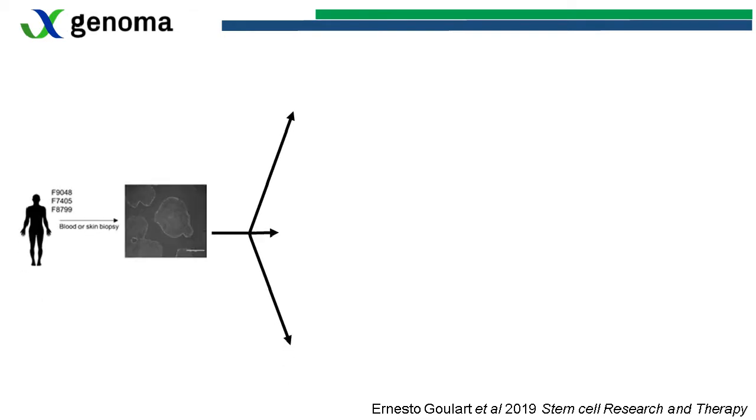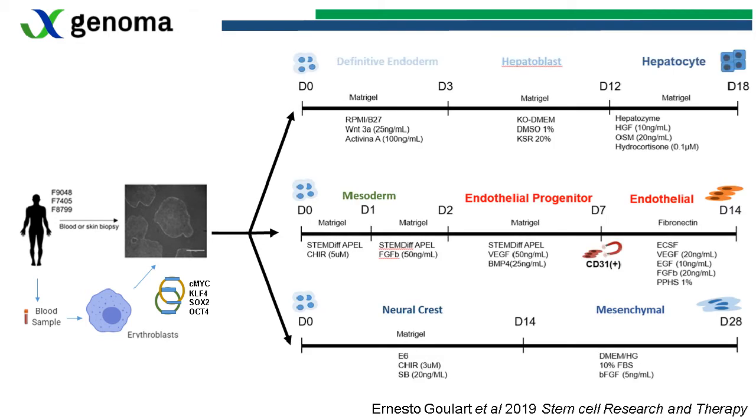So what we did establish in our laboratory is a protocol where we can take blood from a patient. It's a simple blood sample collection. And then we can isolate erythroblasts from that patient. After the process using the reprogramming factors, called Yamanaka factors, we can generate iPS cell lines from that same individual. And then we established three